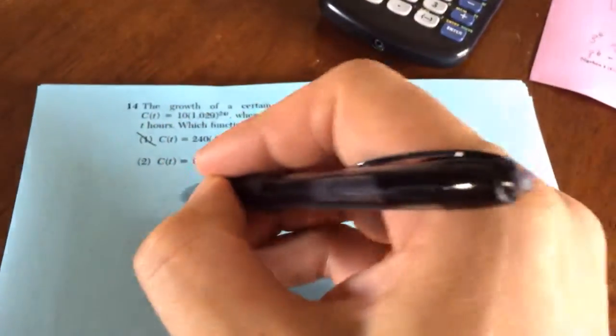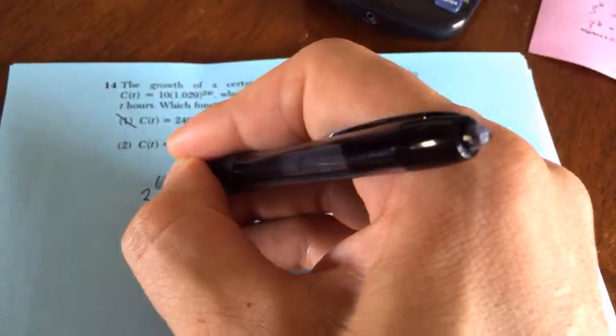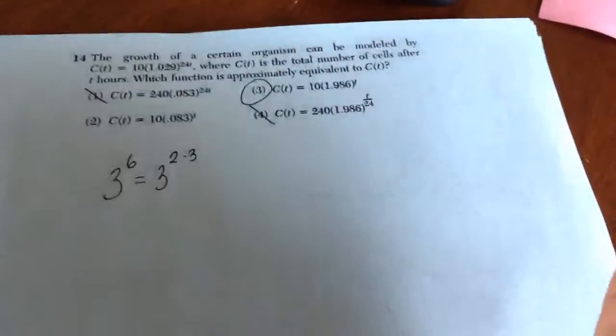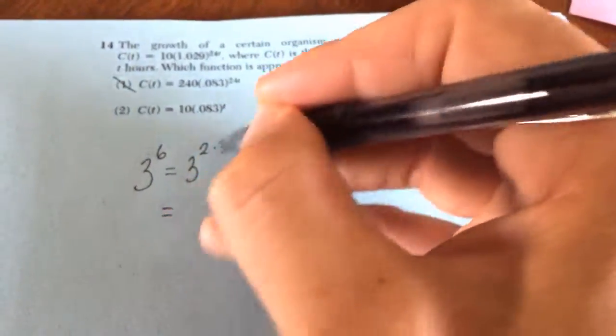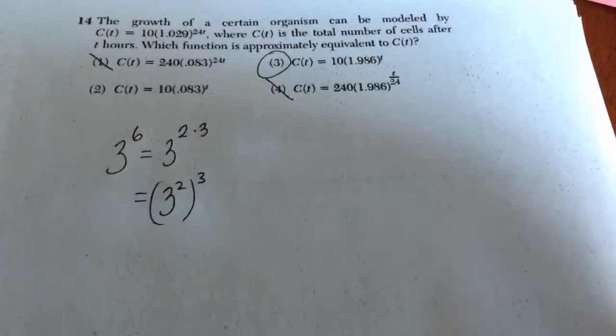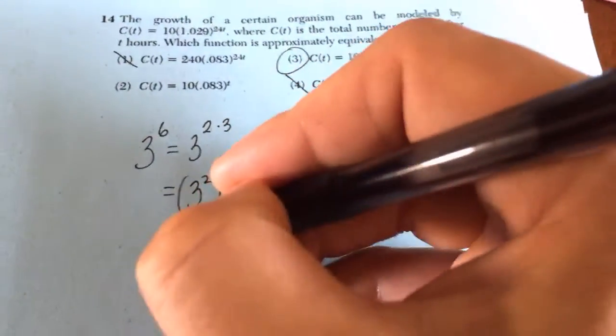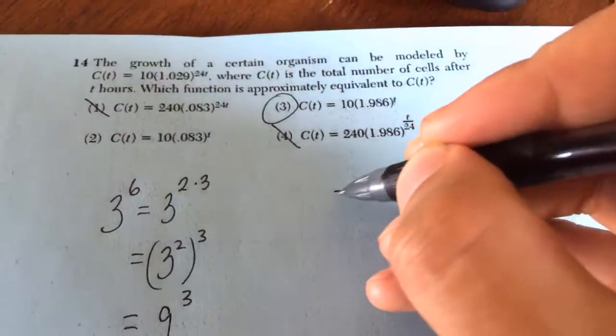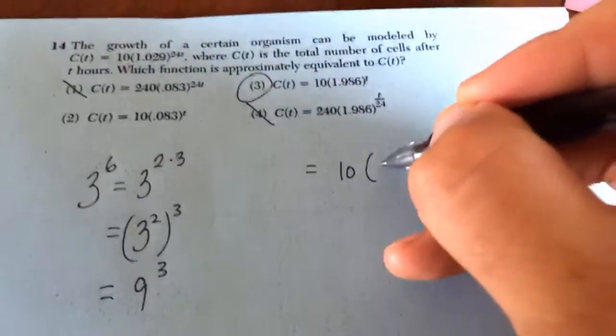For number 14, you could think of it like this. If I was doing 3 to the 6th power, I could rewrite it as 3 to the 2 times 3. Well, if that was the case, I could also rewrite it like this. It would mean the same thing. And then 3 squared would be 9 to the 3rd. So using that same rule, what we're going to do is we're going to say 10 times